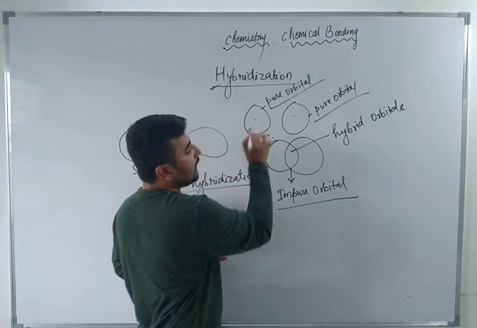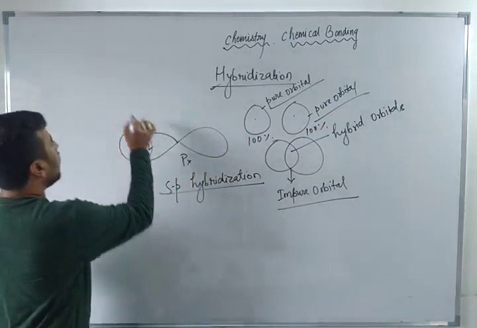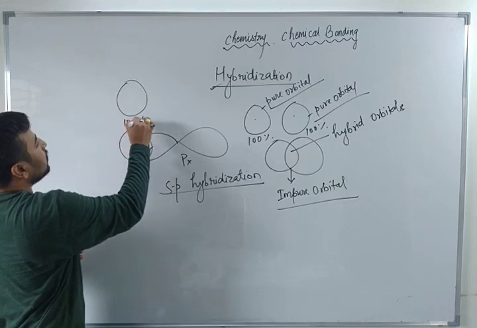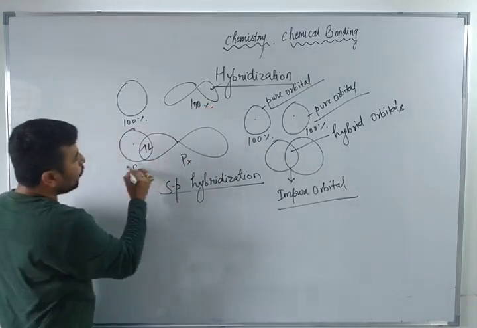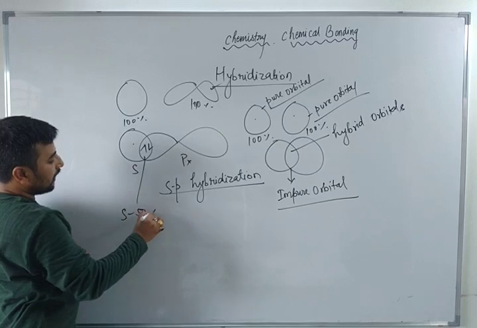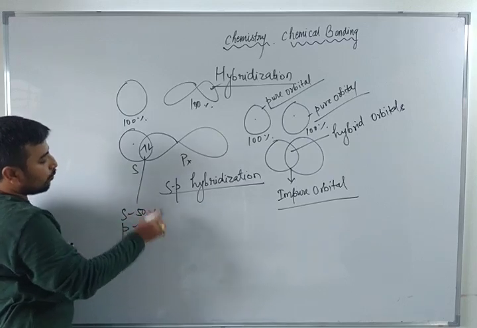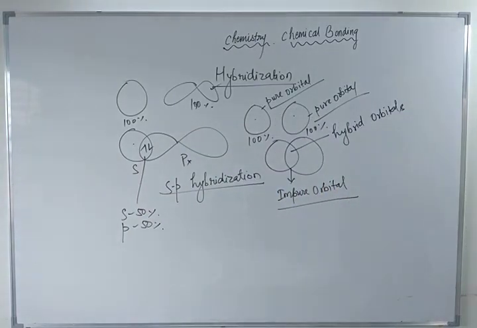and this is also having a 100% s character। और just suppose ये जो था हमारा first s, this is 100% and this is also p orbitals का, this is also 100%, but when they both mix with each other this hybrid orbital will have s 50% character and p 50% character। So what you have to understand in this concept, when the two pure atomic orbitals are overlapping then there is a mixture of orbitals overlapping। तो ये जो mixtures of orbitals overlapping होता है तो इसमें क्या होता है,